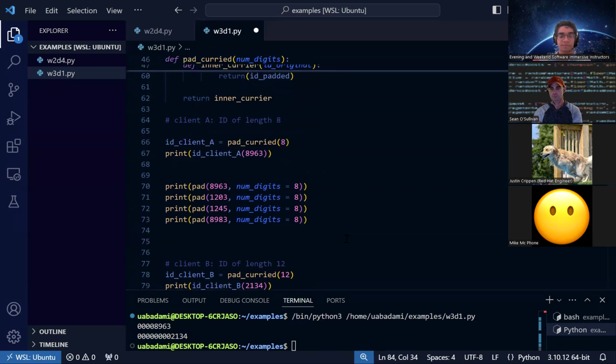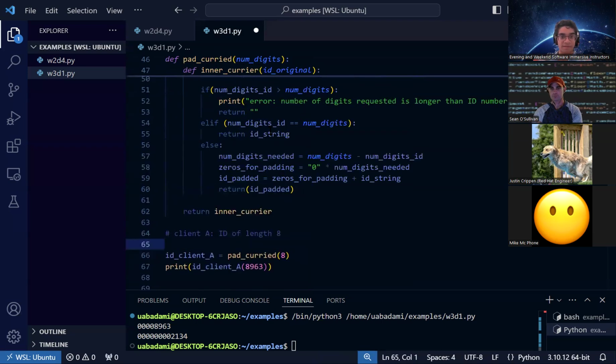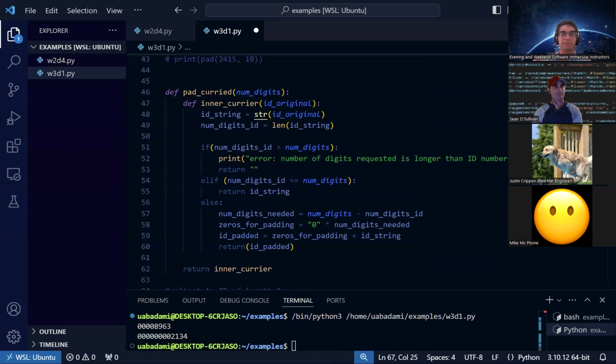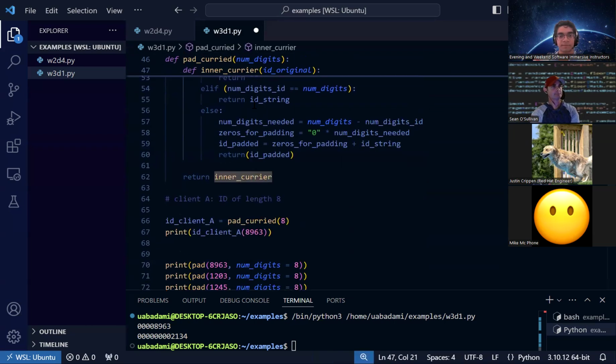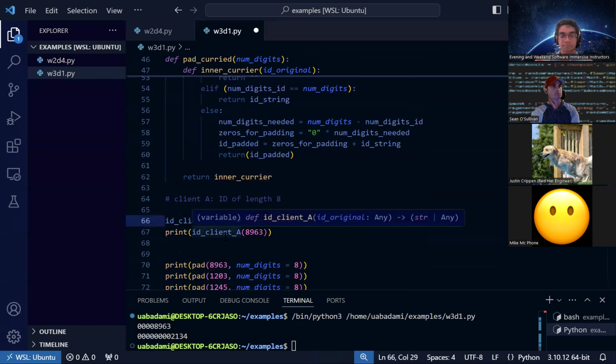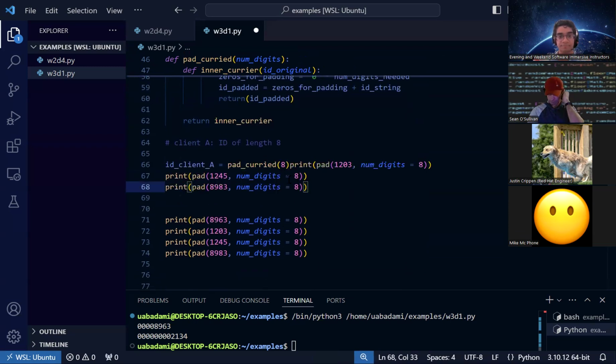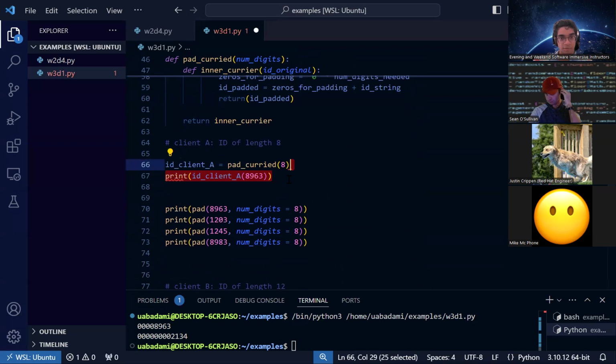In contrast, with this curried method, we can define different functions that are versions of that inner curry, where we're now specifying the number of digits. So for now, if we were to do this exact same thing,